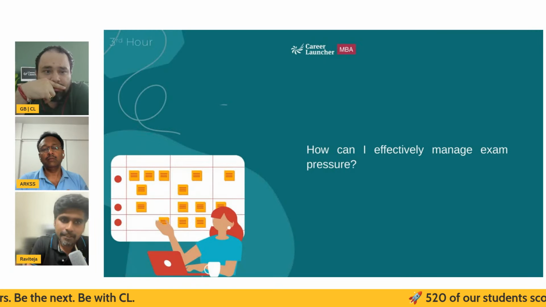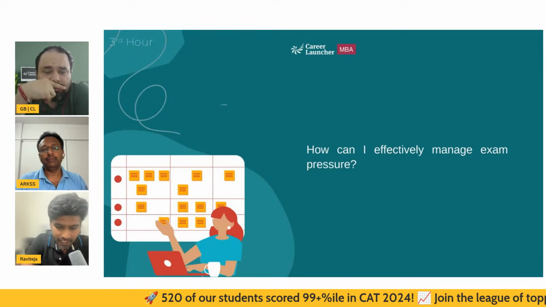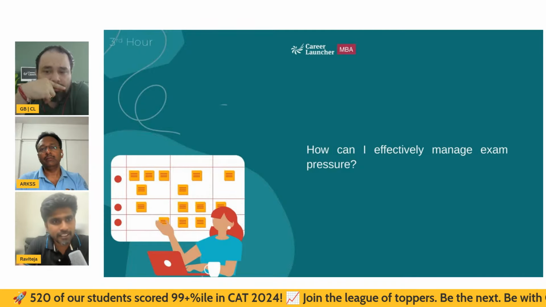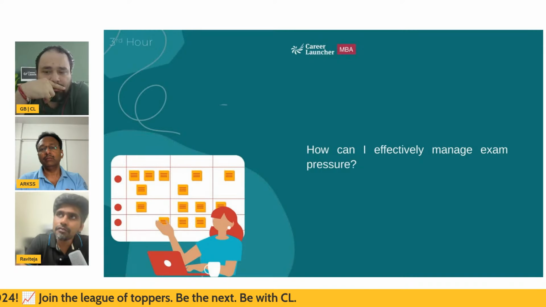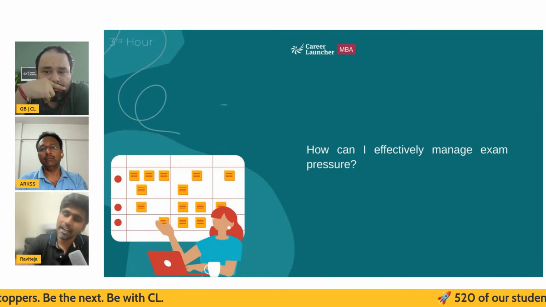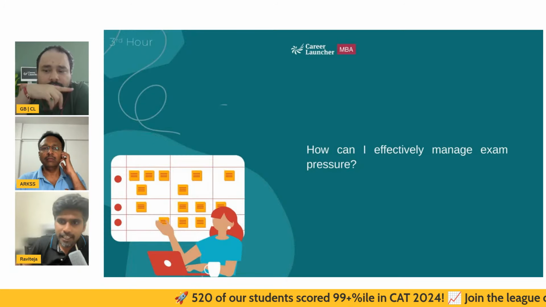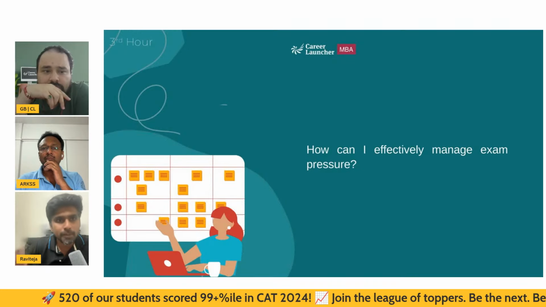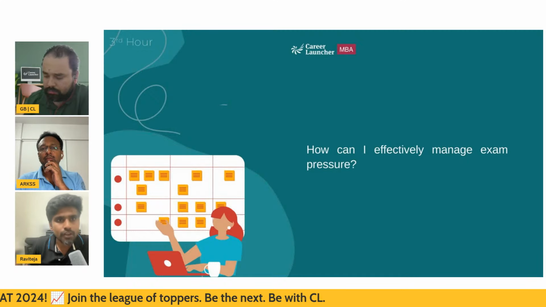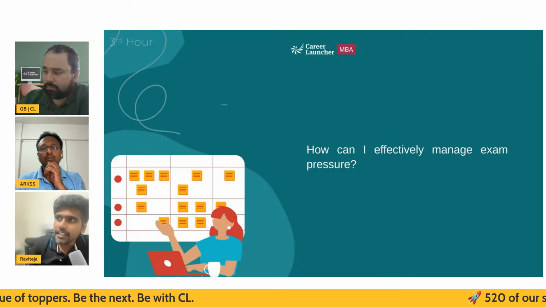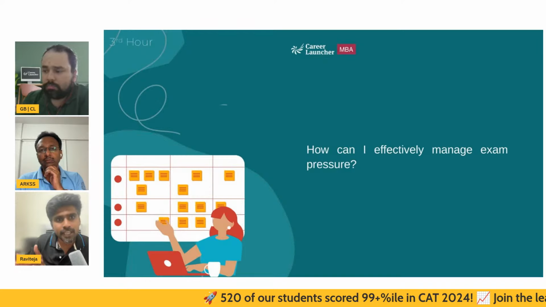And then obviously, a lot of times I've seen a lot of students going through this, that VRC and DILR did not go as planned, then I will take up that pressure in Quant and completely ruin it. No, boss, see, what you have to keep in your mind is, if let us say you were going ahead with a preset target score, which is not good to have, but even then, if you are going ahead with a preset target score of 40 marks, I want 40 marks in VRC. But you were able to attempt only 12 or 13 questions or 15 questions because of the level of difficulty of the questions. Even in that case, you have to keep in mind, okay, my primary objective here is that